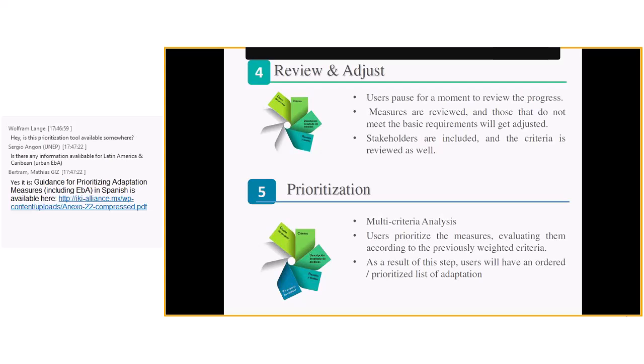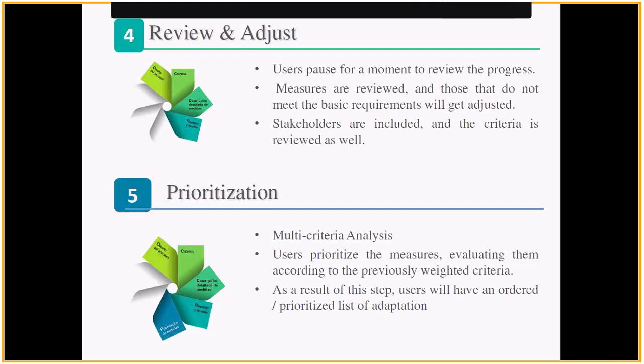So the most important thing is that once you have a previously ranked portfolio of adaptation measures that need to be upheld or implemented in the future, it tells us which of them, with our restricted monetary or budget or human resources, are the most feasible measures that could be implemented. Okay, we could go to the next step.